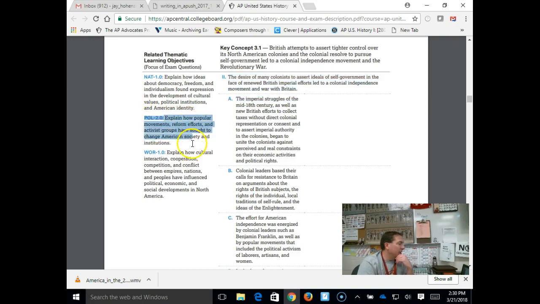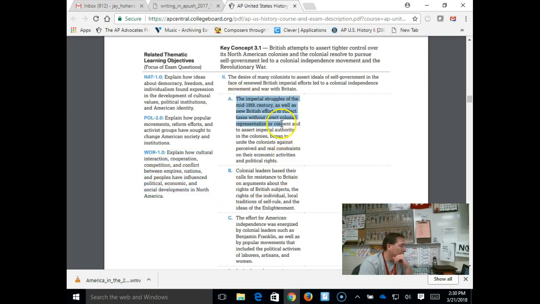You'll notice this theme right here is saying also, how do popular movements and reform efforts affect American society? This same theme is the one that you're exploring with your civil rights deep dive. And so when you think about our civil rights movement, the College Board is telling you you should be linking together what the civil rights leaders are doing in the 50s and 60s with what the founding fathers are doing in the 1750s and 60s and 70s. Finally, they want to be able to talk about how America fits into the world, and so this is going to be the recurring theme throughout this entire chapter.